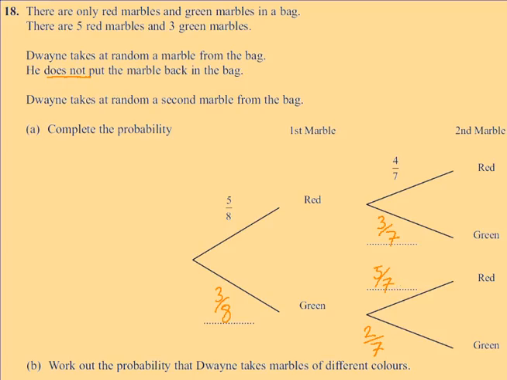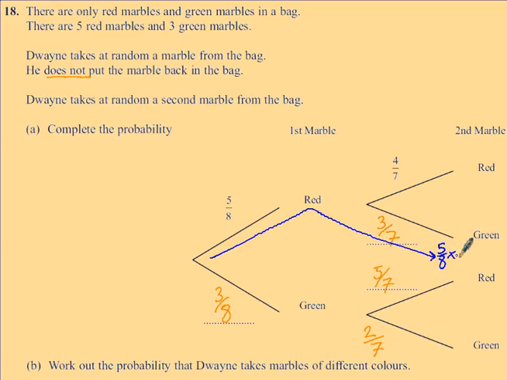Okay, next question is about working out a probability. So we want to work out the probability that Dwayne takes different colours of marbles. Okay, so that would have to be a red followed by a green, or a green followed by a red. So I need to work out the probability for both of these situations. Okay, so let's just go back and think to ourselves, if I pick a red followed by a green, so let's go in this direction first, a red followed by a green, that's going to be